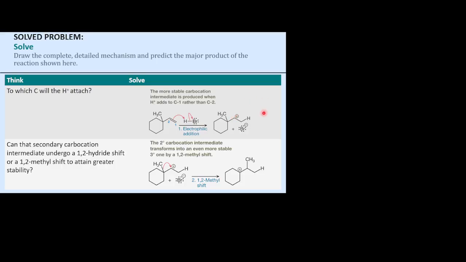All right. So this side doesn't give me a more stable carbocation, does it? This side, ooh, I can move that methyl, couldn't I? Get carbocation right there. 1,2 methyl shift, that'll give me a more stable carbocation. And so that's going to be our rearrangement then. We'll have a 1,2 methyl shift.